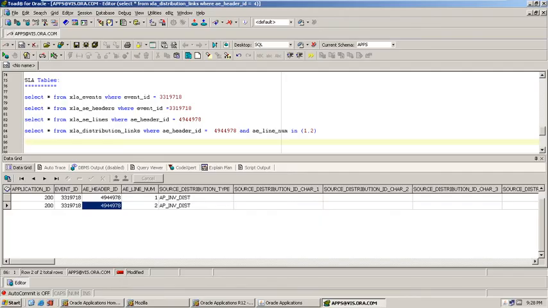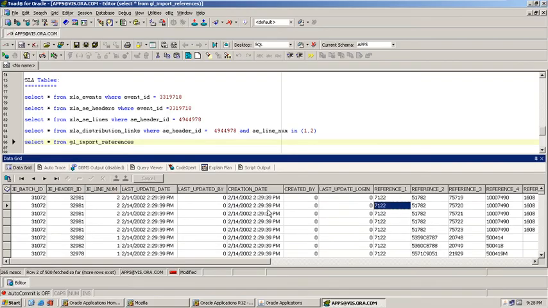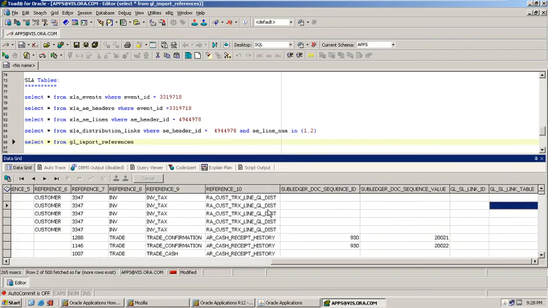What is the join for that? GL import references. This is the table. What is the link between SLA tables and this table?